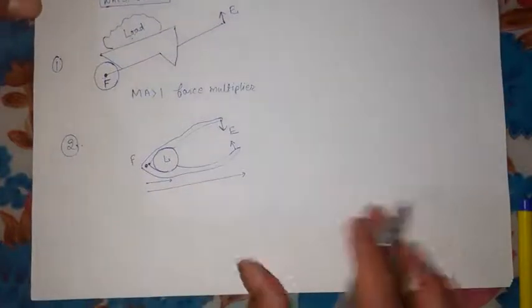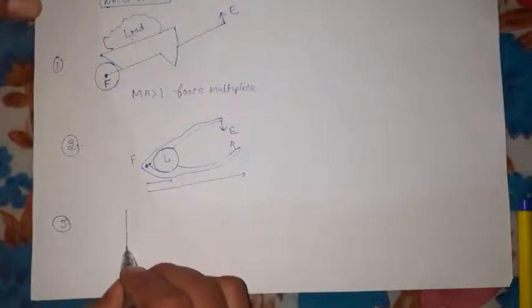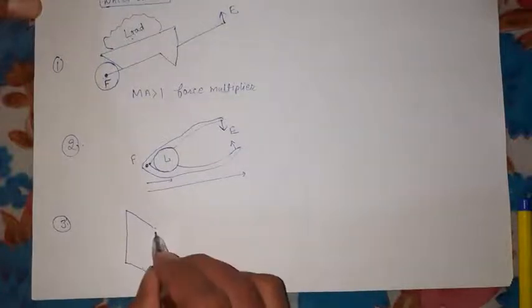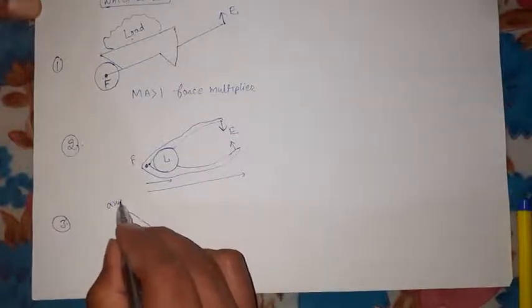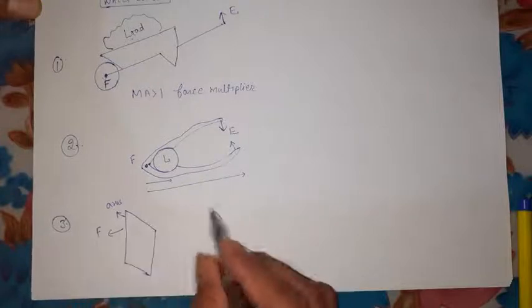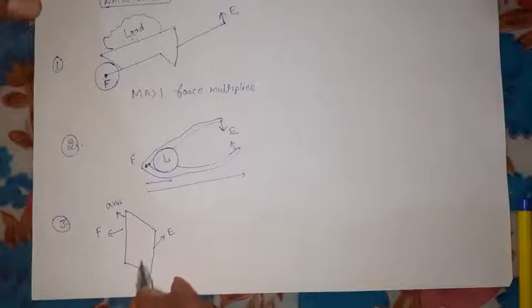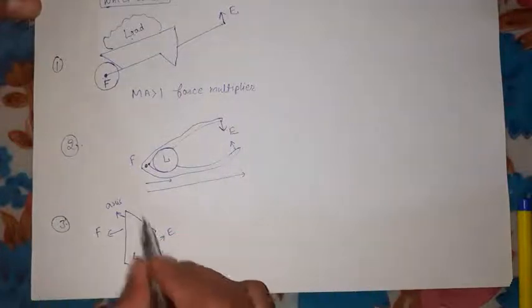Now another thing we can look at for the second class lever is a door. This door can rotate about a point. So this is the axis of rotation. Therefore it is the fulcrum. Fulcrum is this one. And you apply the force at this end, so it is the effort over here. And the weight of the door lies in between, so there it is the load. So again, which class of lever is it? We find that it is a second class lever.